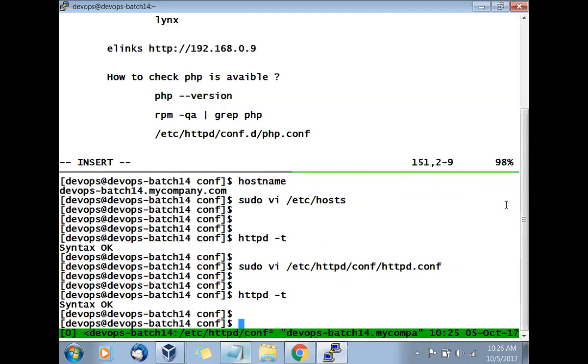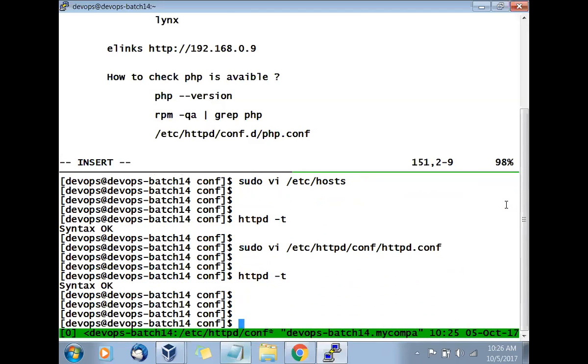So httpd -t. Now this is what you're expecting. Anytime, see, this is an interview question. He will say, hey, how do you check the configuration file of your web server? So you have to give this command. You have to say httpd -t, and it should say Syntax OK. There should be no other errors in that. Now, which type of error will it detect? Mostly it will detect the left-hand side. You are responsible for the right-hand side because you are giving the value.